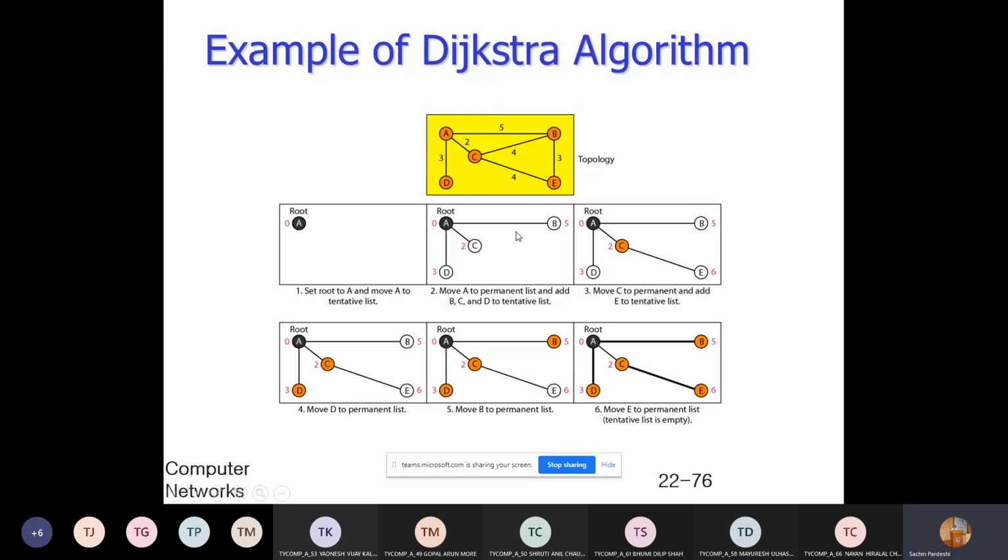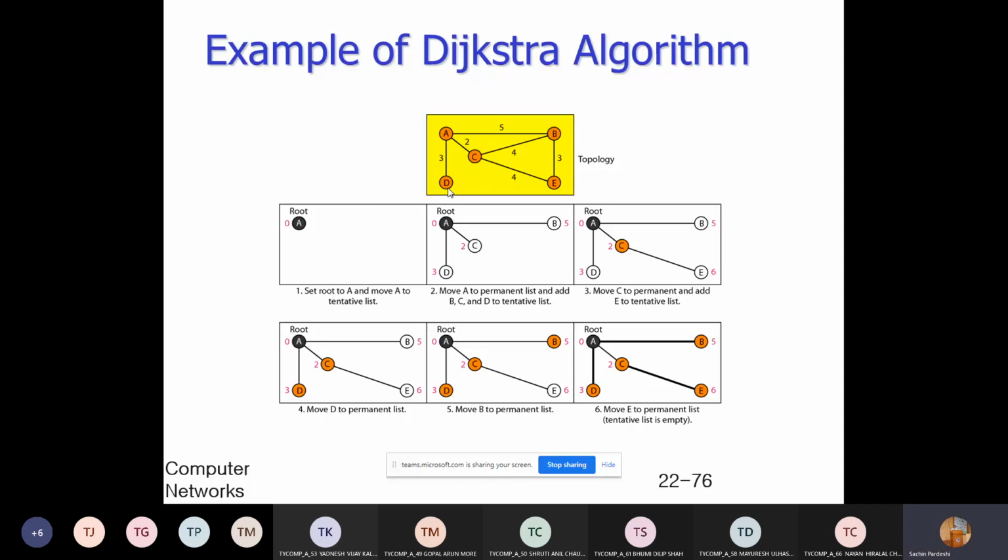Now it is very simple. Start with any node. We started with A, and the cost is 0. The second one: which one is added, B, C or D? The node added is the one having the minimum cost. Among B, C and D, which has the minimum cost?